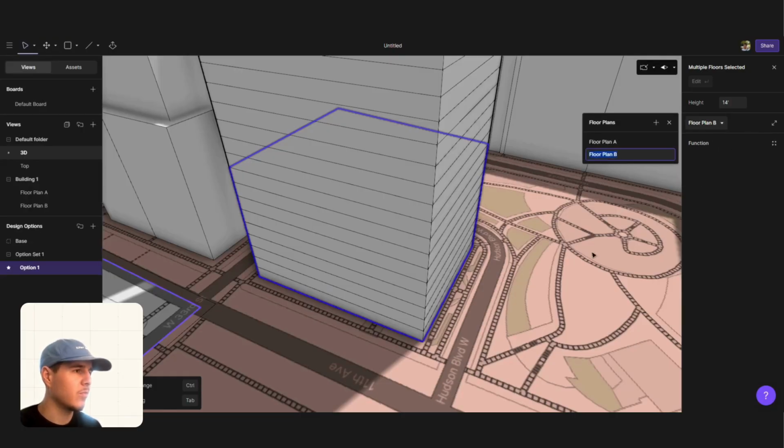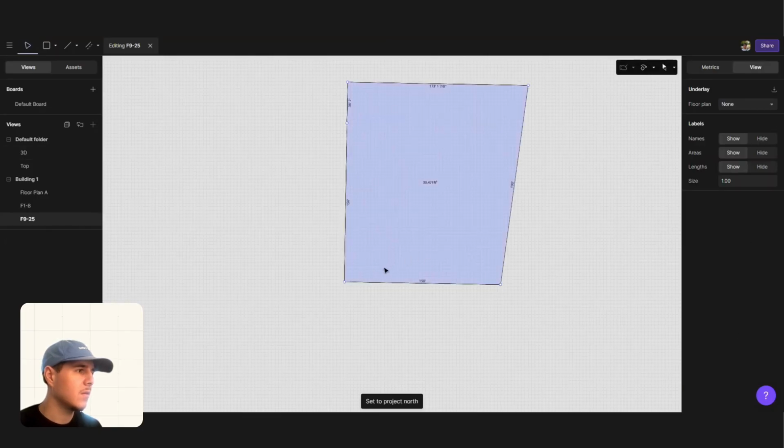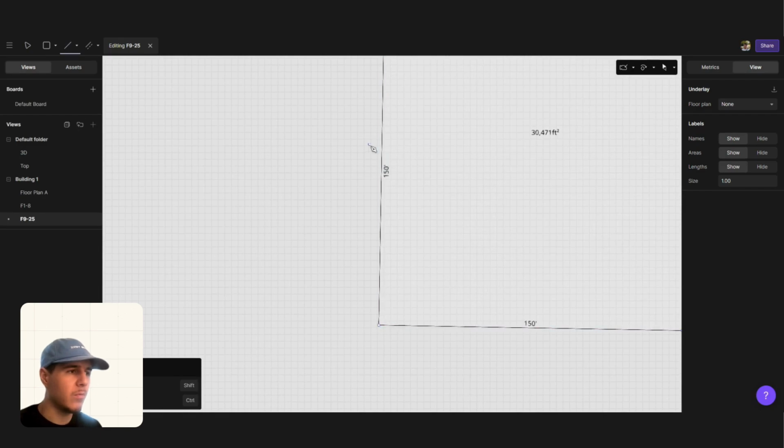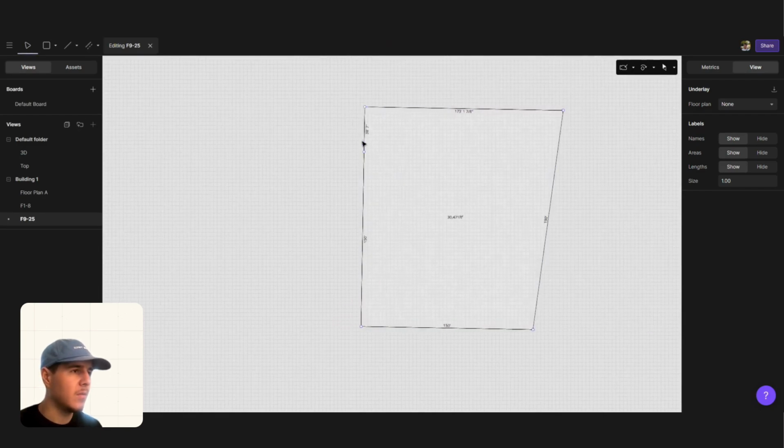Press the floors, press a plus. I'm going to name this one F1 to F8. There we go. Now I'm going to look at the floor plates so I can modify the actual look of my building. I see on the pictures that there's this sort of outline, sort of courtyard that's created